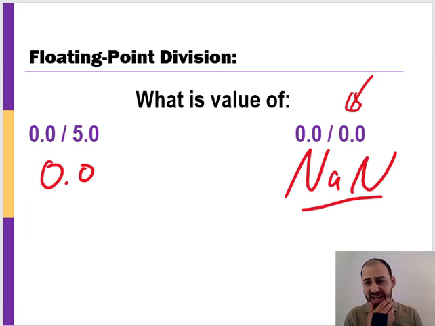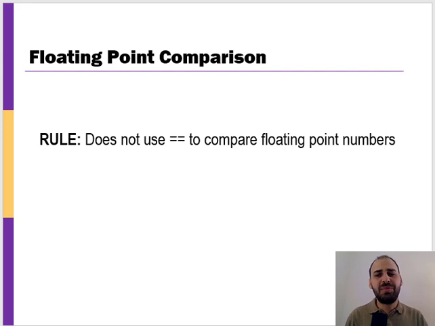Okay, so we're looking at floating point division. Checking that you're not dividing by 0 is an important step. Okay, there's one other important thing to note. So we know that in the context of integers or characters and a lot of the primitive data types